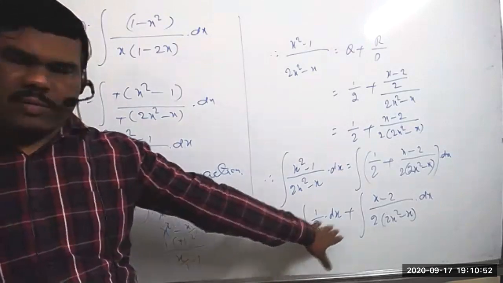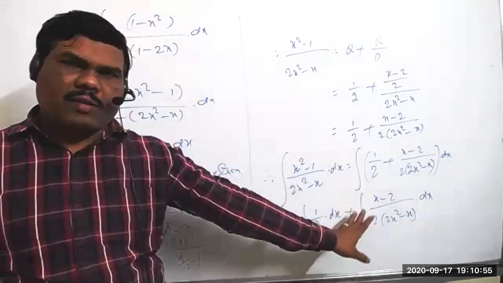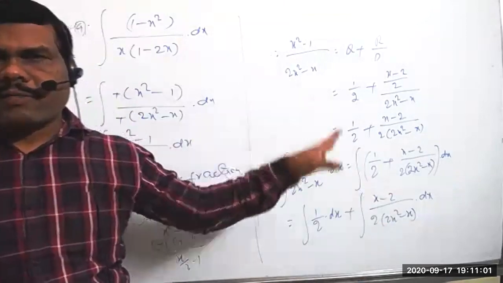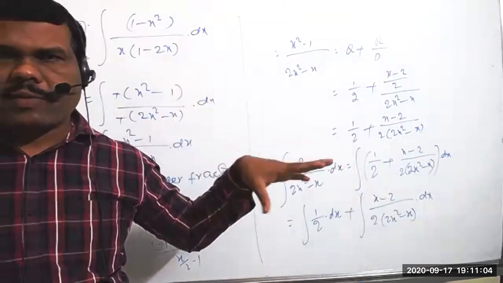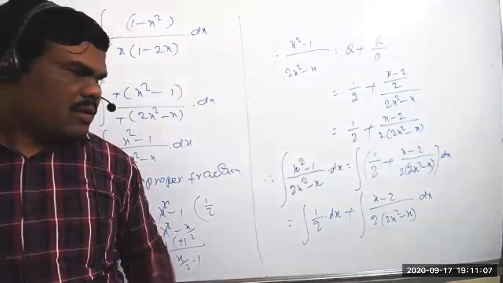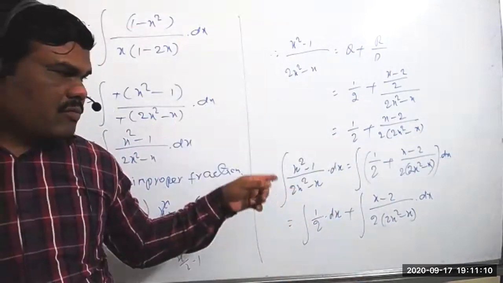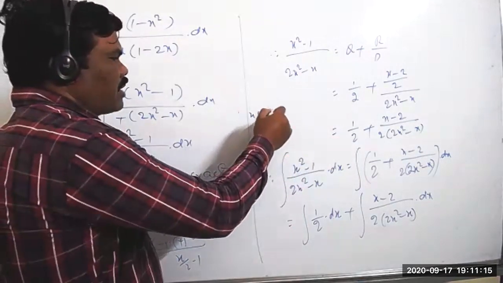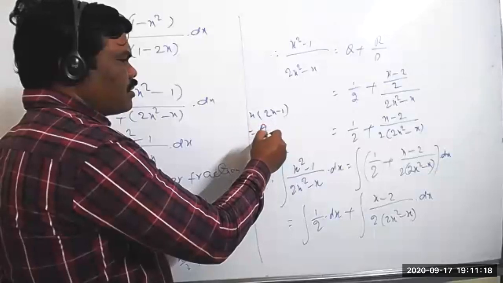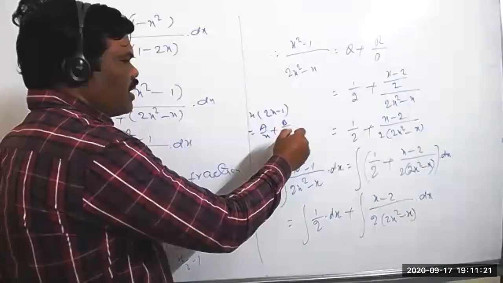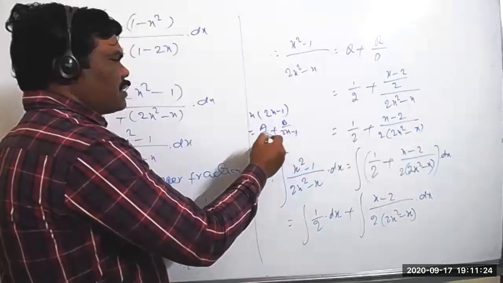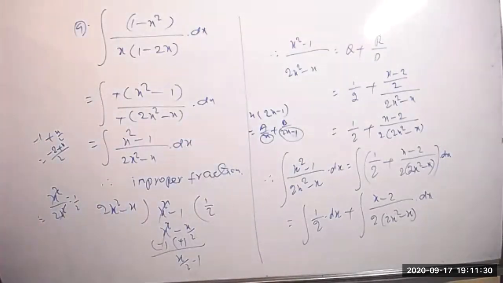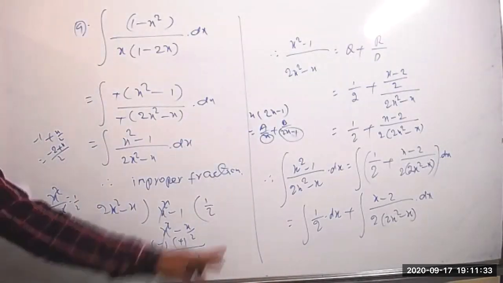This is okay. Coming to the second term here now, 1 by 2 will take outside as a constant value, and x minus 2 by 2x square minus x is there. There, by using partial fractions, we have to resolve it into proper fractions. How to resolve that? From the 2x square minus x, take x common directly. Then you'll get x into 2x minus 1. That's all. This one you can write as a by x plus b by 2x minus 1. Okay, no need to get any confusion here now. x is the one factor and 2x minus 1 is the second factor. Then you can follow. Okay, so all of you complete this now and tell me the answer.